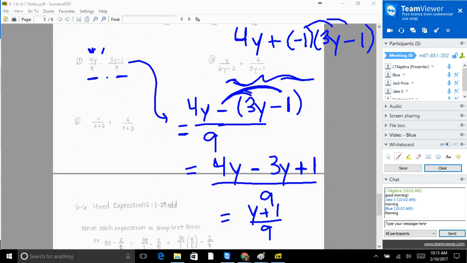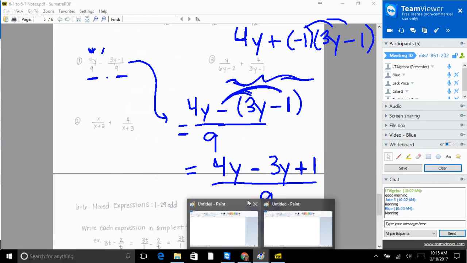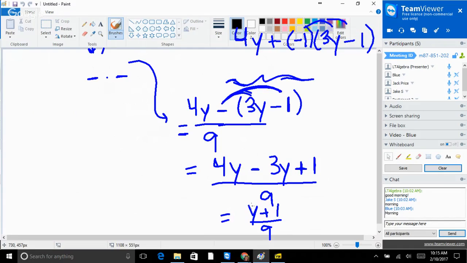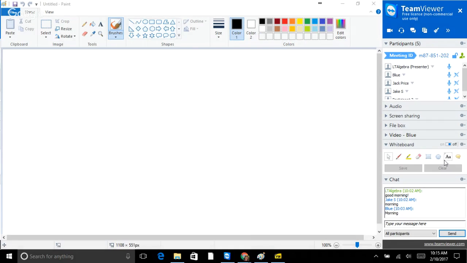So that's the tricky part when it comes to subtraction. So let's try number 7 in your homework. Sorry, random number. It's going to mess up your homework, right, guys? Let's try number 7. And I'd like you guys to try it too. I'll write it up here. Go ahead and start trying it, and then I'll give you a minute or two to get through it. So number 7 is y minus 3 divided by